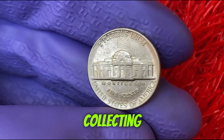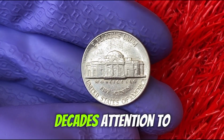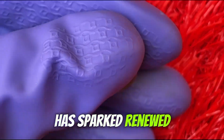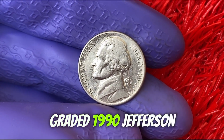In terms of collecting, the 1990 Jefferson Nickel was often overlooked due to its high mintage, but in recent decades, attention to detail, die varieties, and grading has sparked renewed interest among numismatists. PCGS and NGC now recognize top-graded 1990